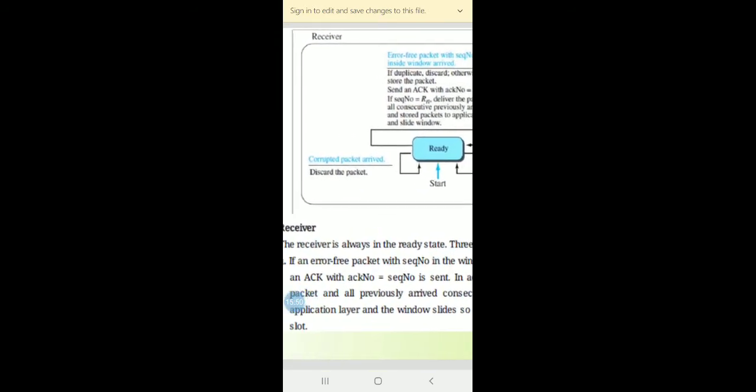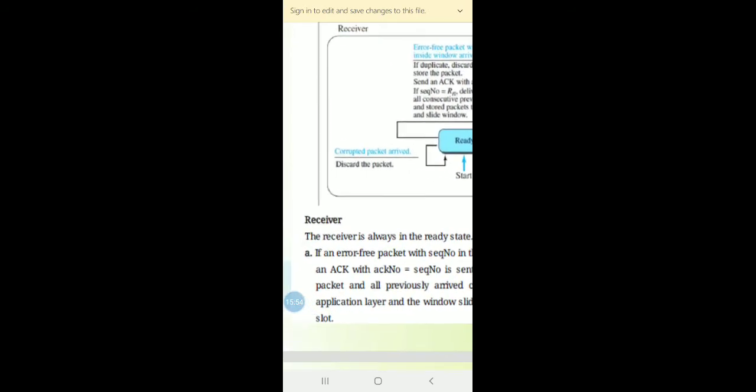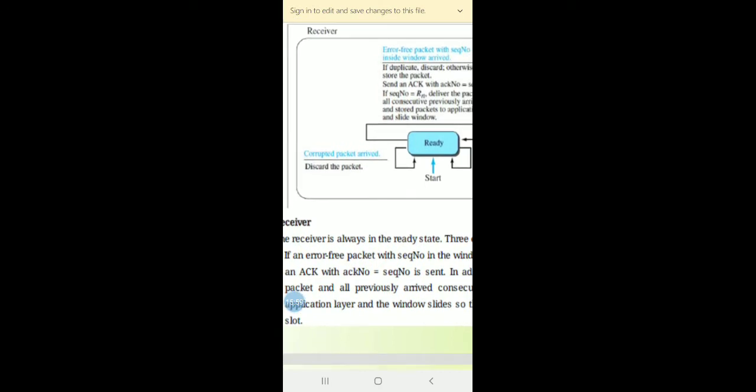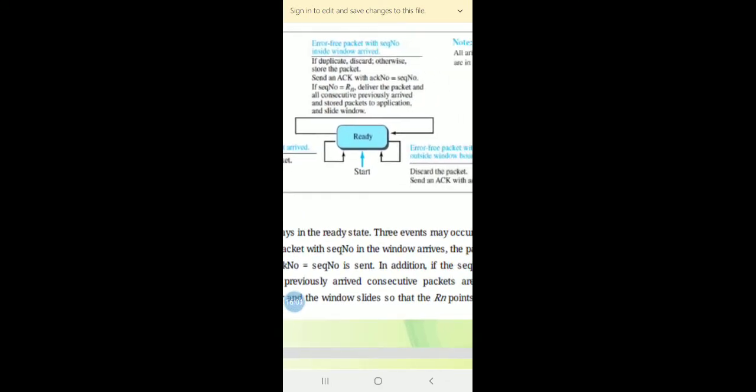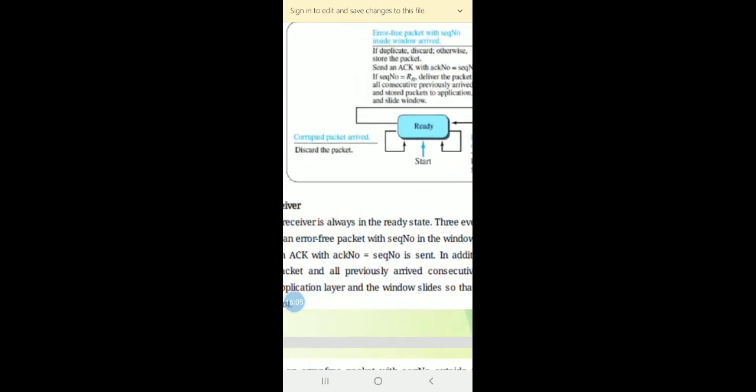The receiver is always in the ready state. Three events may occur. One, if an error-free packet with a sequence number in the window arrives, the packet is stored and an acknowledgement with acknowledgement number equal to the sequence number is sent.